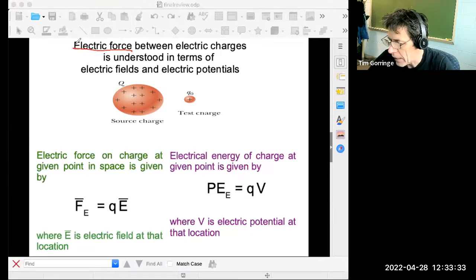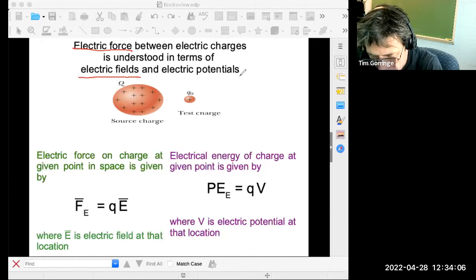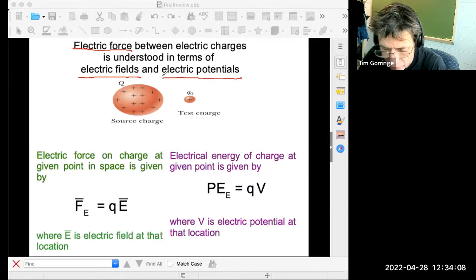And when we talked about the electric force, we talked about it being a force or an interaction between electrical charges. So that was the dimension of nature that caused the electrical force. And we introduced 2 important concepts to help us understand the electrical force between electrical charges. One of them was fields, electrical fields that transmit the charges. One of them was electrical potentials, which we can also think of as conveying the forces. And we define these 2 concepts